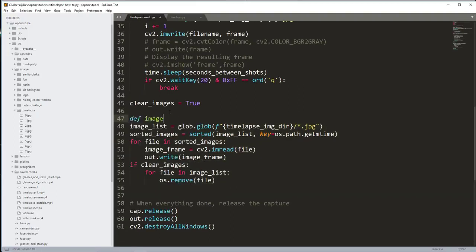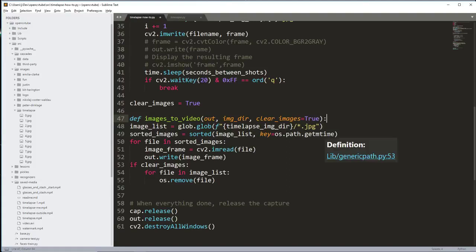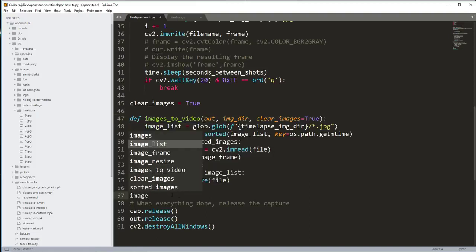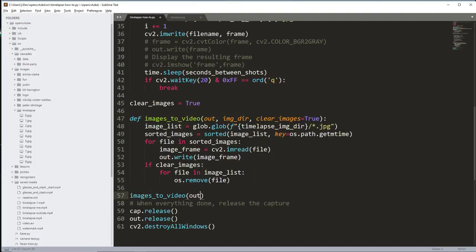I'm just going to go ahead and say images to video, and I'm going to take the out method here. I'll do an image dir, so where the directory is, and then finally, whether or not I want to clear those images out. So I'll go ahead and then just tab all of this stuff in. And the reason I have this out method is because of where I'm going to be writing this, right? So I want to write it to something, and I'm putting this in the method so then I can just call it like images to video out the time-lapse image dir